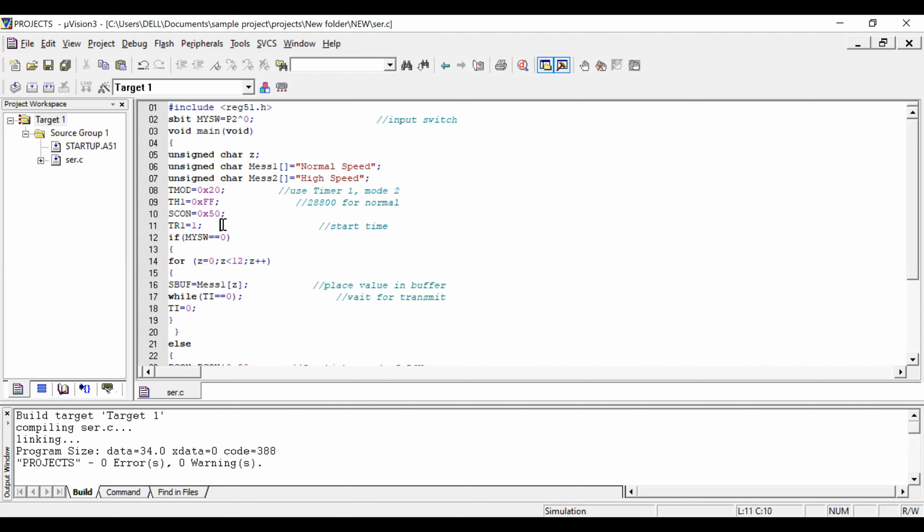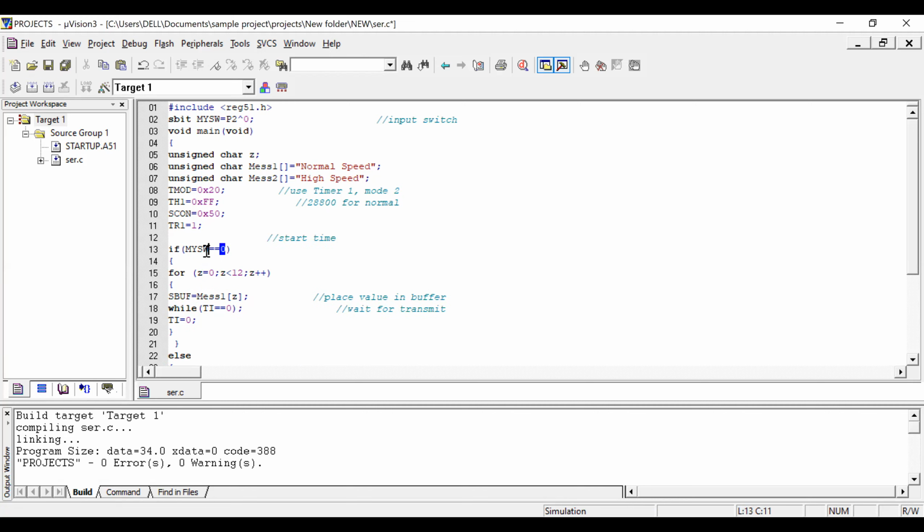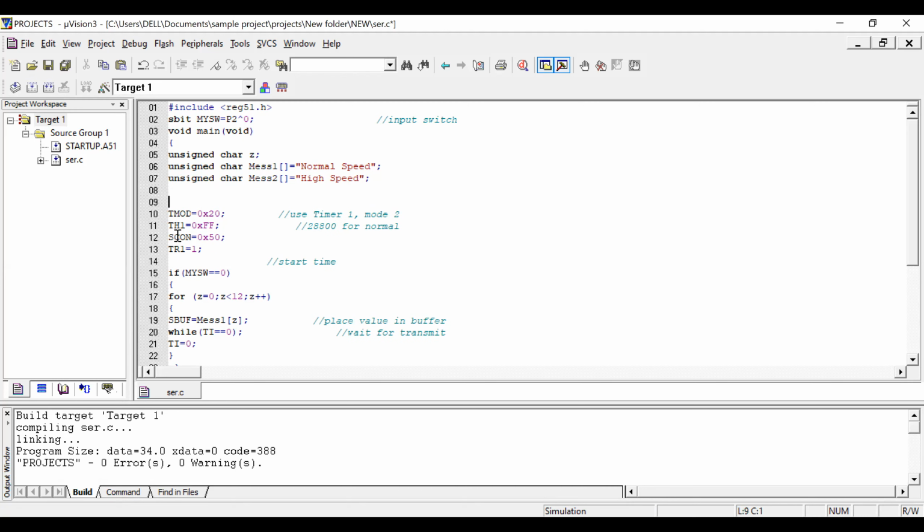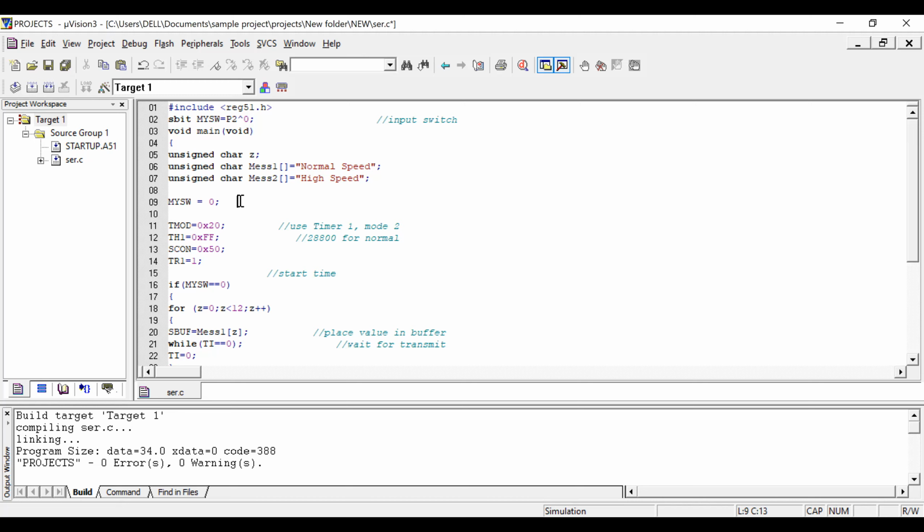So as of my program, this is my status of the switch, which is connected externally, right? What you can do is, I will put here my switch. What is my switch status? I'm just initializing, it is 0. That is, the switch is open.